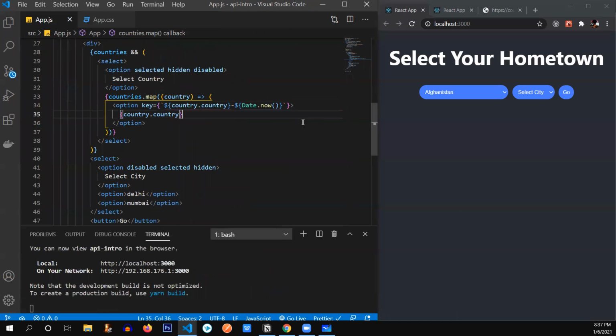Okay, that's fine. If country itself is a key, it won't be repeated. So why are we adding Date dot now to the key? Just in case. It's a good practice to make it unique. But yes, exactly, country won't be repeated. But in many cases, for example,